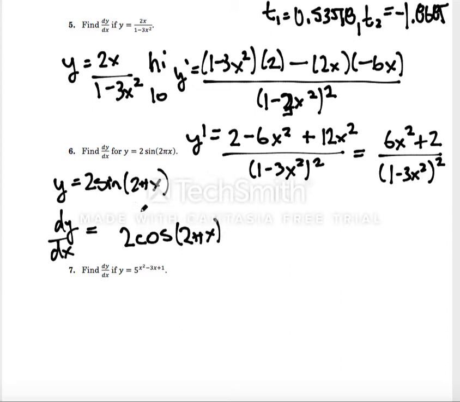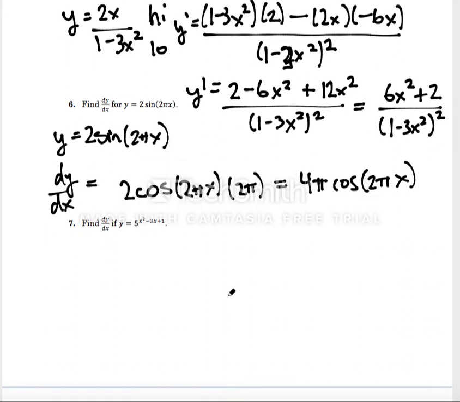But I need to take the derivative of this argument as the interior. The derivative of 2 pi x is simply 2 pi. So this then can simplify to 4 pi times the cosine of 2 pi x. For question 7,